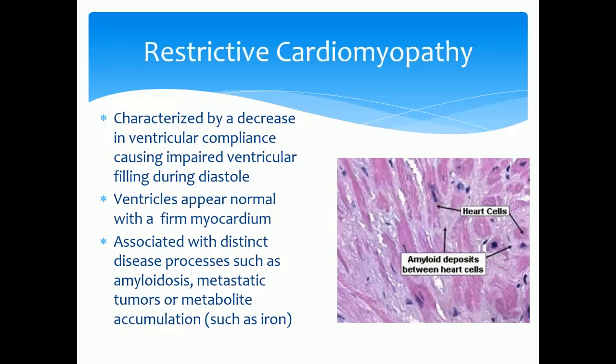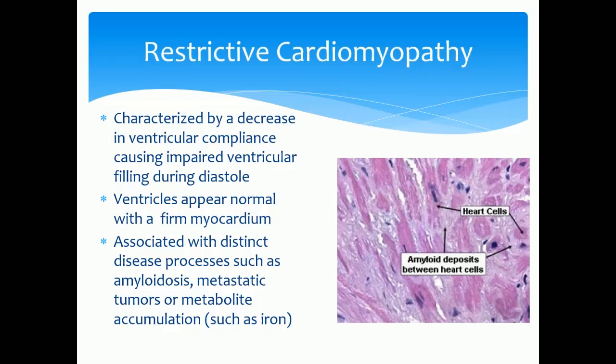And the third category to be mindful of is restrictive cardiomyopathy. This is usually a result of some sort of specific disease, and in this case we usually associate it with amyloidosis. However, you can also see restrictive cases in metastatic tumors as well as other metabolic accumulations such as iron. Because of these accumulations in the heart muscle, the heart now becomes firmer and is more difficult to contract than it normally was. What we'll typically see is a normal looking heart and ventricle system, but the myocardium will feel